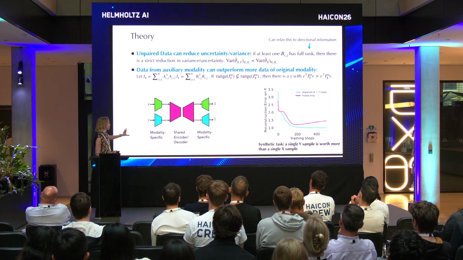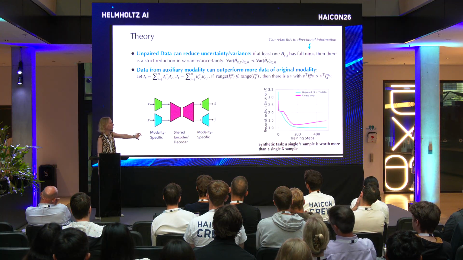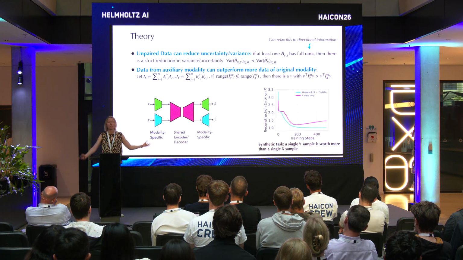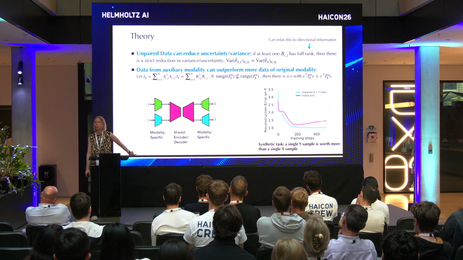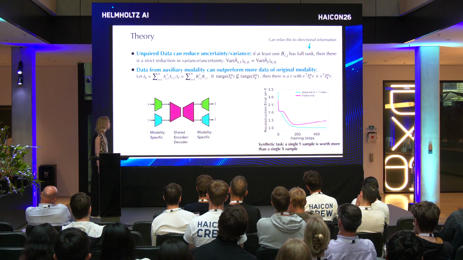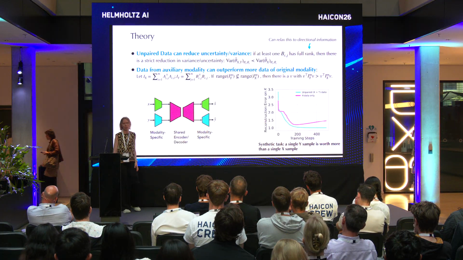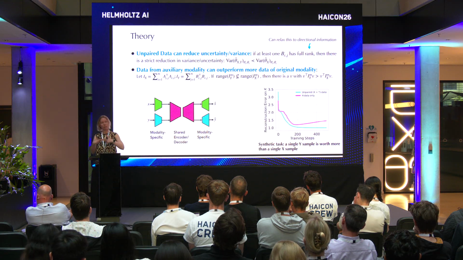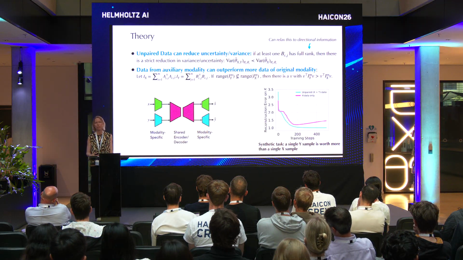In this simplified model, we have a shared estimator. In this case, it's a shared encoder and decoder. So we have some shared backbone that combines the information. And this is something you can do even without paired information, because either this one goes in or this one goes in, and you just train the same model with it. That's where the information is shared. So it's less explicit in alignment. I'm just training the same model once with one modality and once with the other.